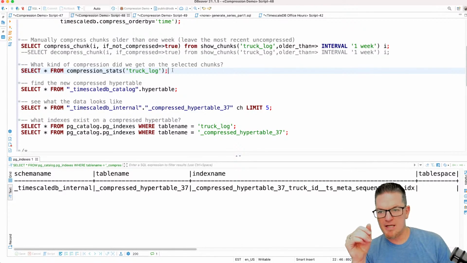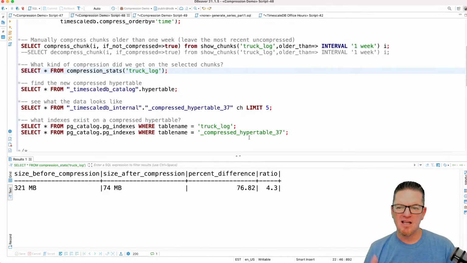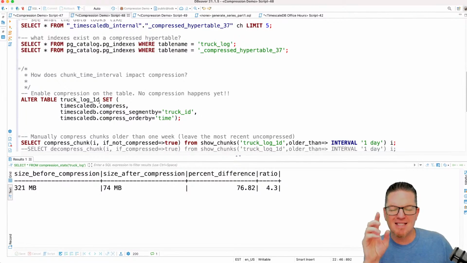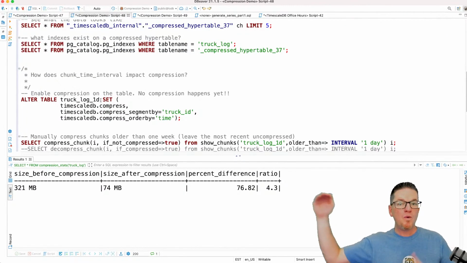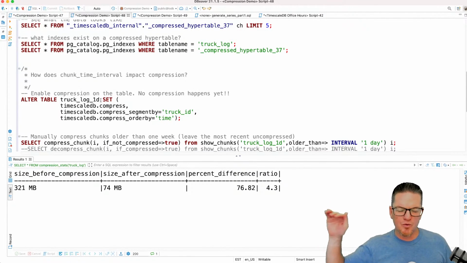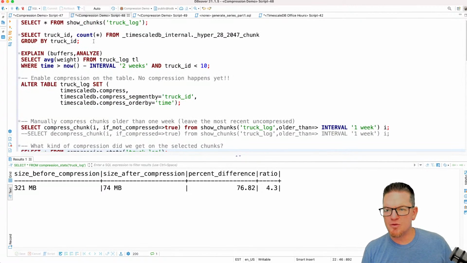So recall, this was a one-week interval, 3.5 million rows. As I said, it's very random data, so it didn't compress as well as I might have hoped, but to be really honest, that's to be expected. So now what happens if I take that same data? Remember, with one week of time, seven days, there were 2,000 rows per chunk. Well, let's do this. I'm going to take this same